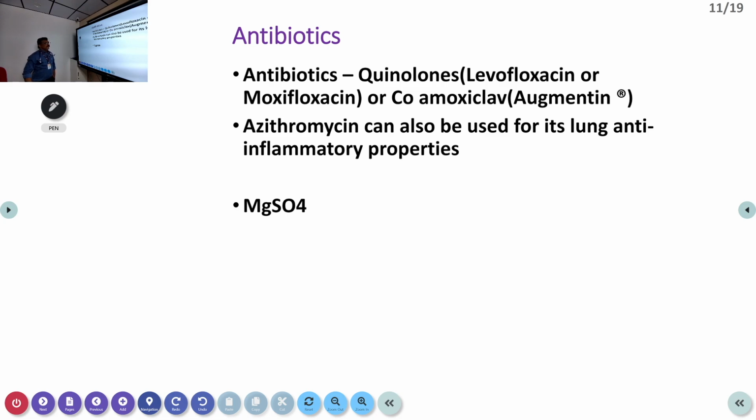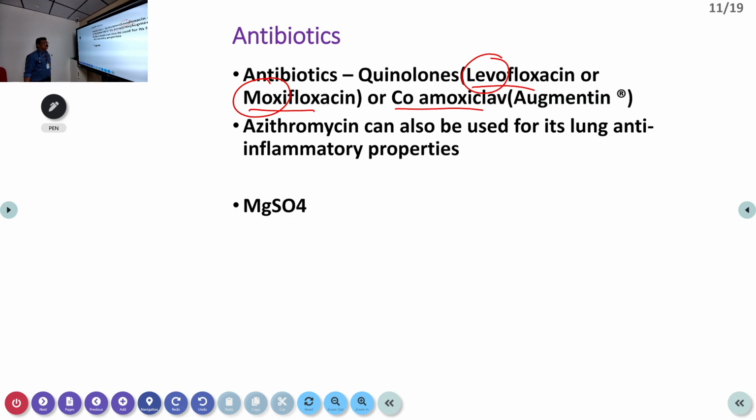Antibiotics are very important in COPD exacerbation. Unlike in asthma, this is an infective exacerbation. In asthma, it's an inflammatory exacerbation, where antibiotics are not so useful, but here they are very useful. We go for levofloxacin or moxifloxacin. Many standard textbooks say that moxifloxacin is the ideal choice in COPD with exacerbation, but levofloxacin is as good as that. We give co-amoxiclav, that is Augmentin. That is also a good drug.